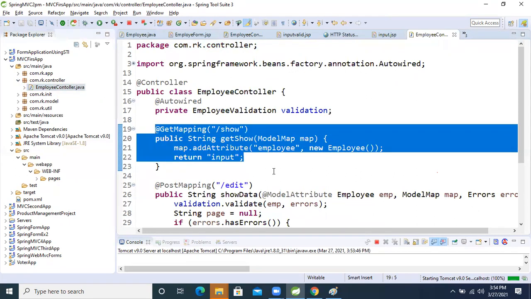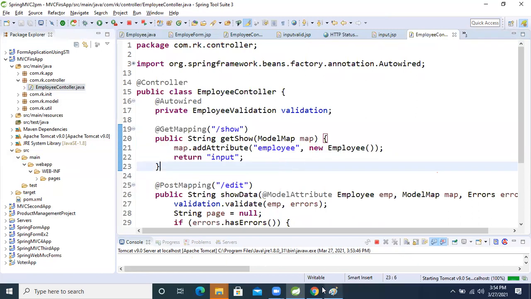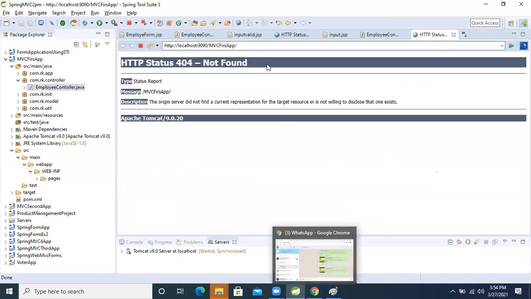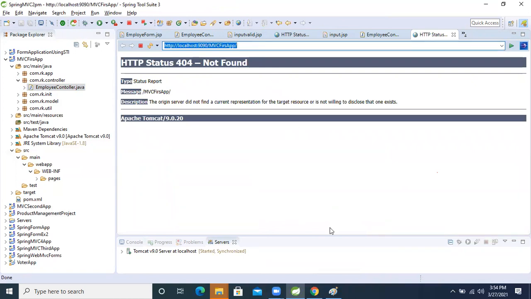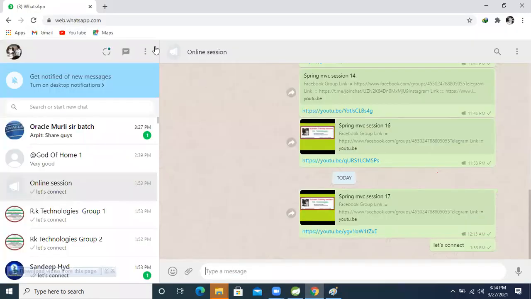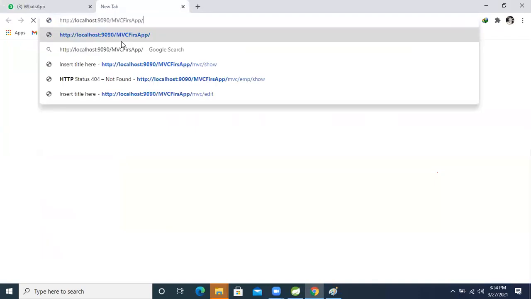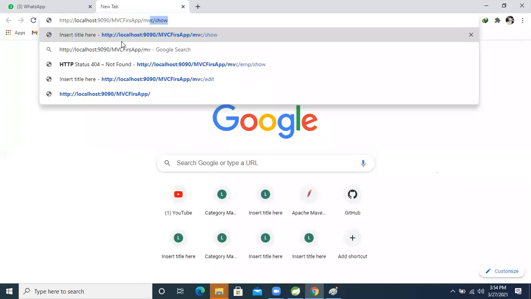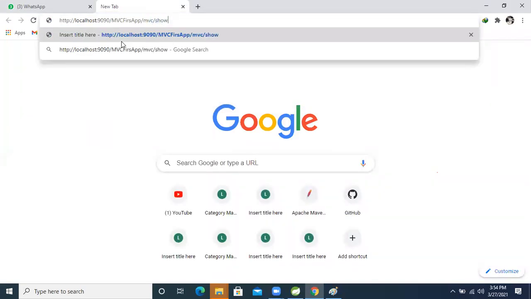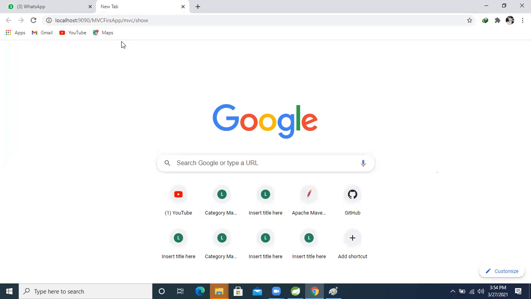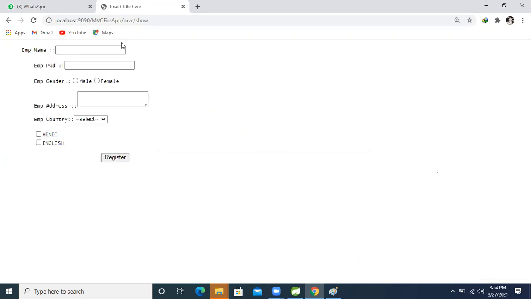See how I'm sending the data here also. Same things I used in the other application also. It's not meaning that key, but still, why am I getting this issue here? I don't know. Now MVC slash show. No, yeah, here it's working now. Okay, this one is working perfectly.